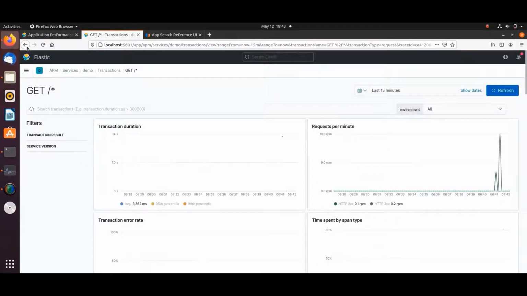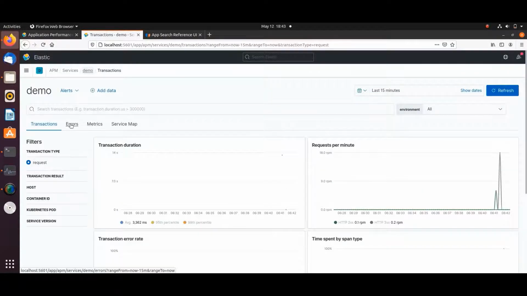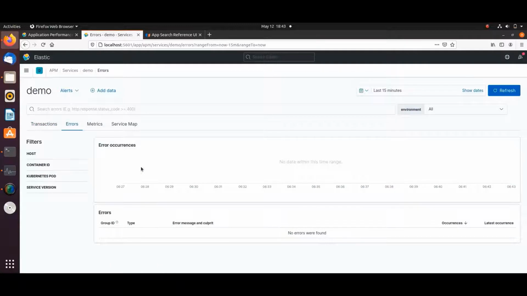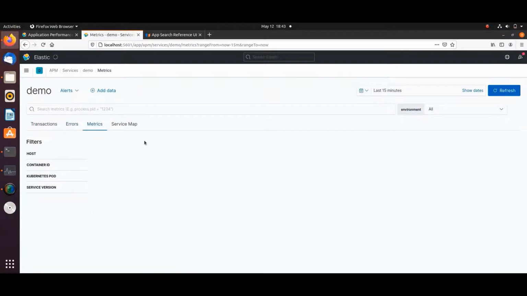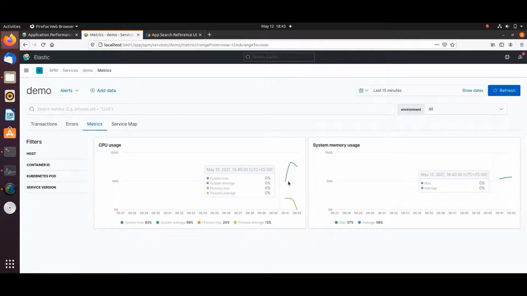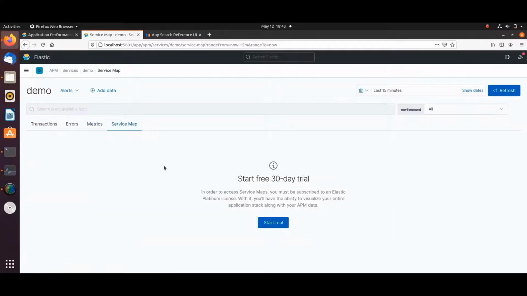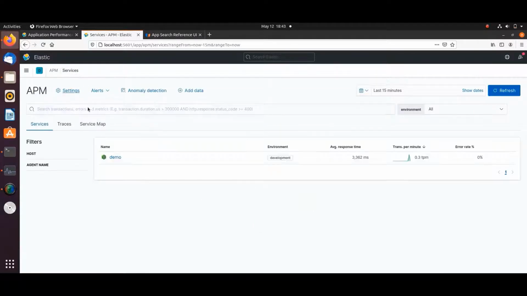Let's go to the services and look for the errors. Here currently we do not have errors. If there are any errors, they would be highlighted here. The metrics would be the CPU and the memory usage of the APM server which is installed, and the service map will give you a holistic view, which would require a platinum license.